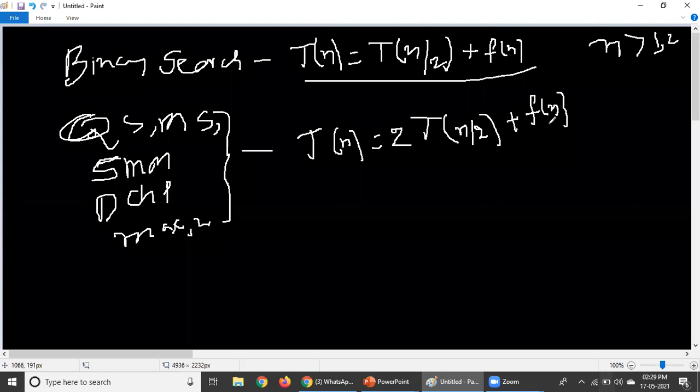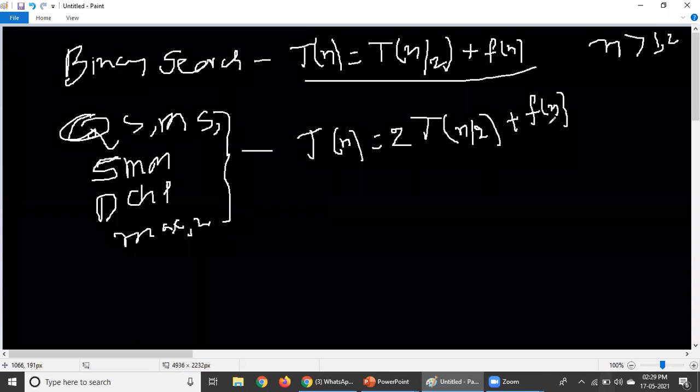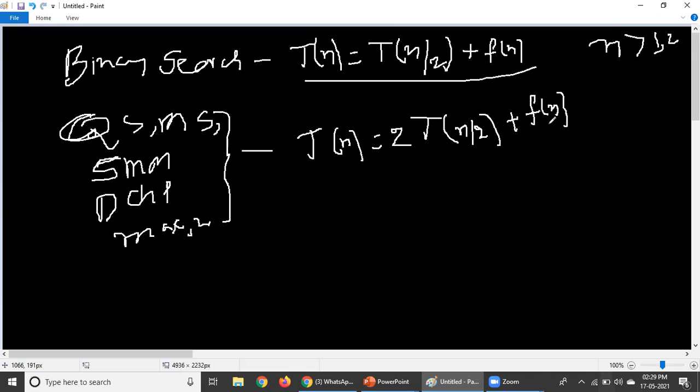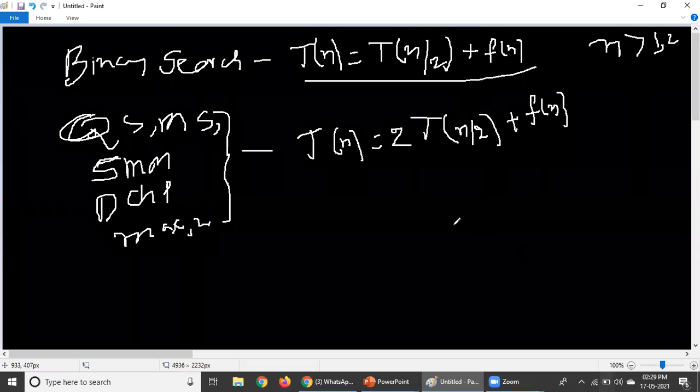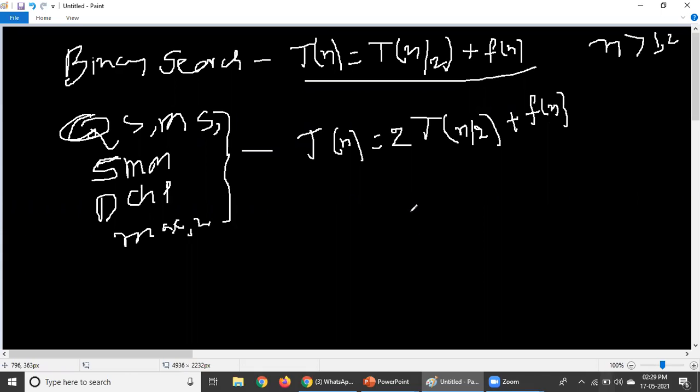Look at this. It's very important to remember. Binary search will always take one subproblem into consideration. The second subproblem will be strictly eliminated based on the element to be searched. Whereas quicksort, merge sort, matrix multiplication, the defective chessboard problem, maximum, minimum, everything will take two subproblems into consideration for doing the same problem. Okay. So these two will be taken into consideration while we are speaking about this particular problem here.